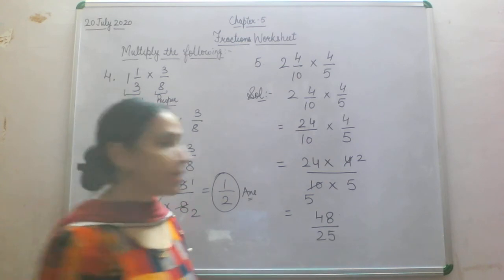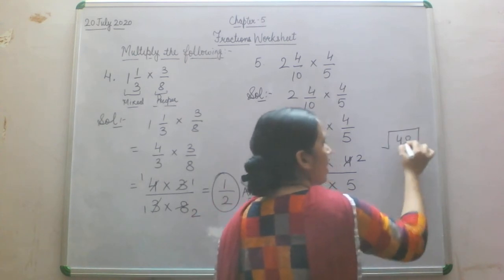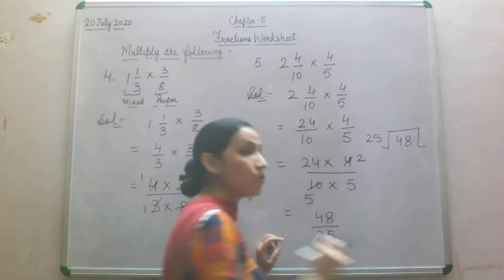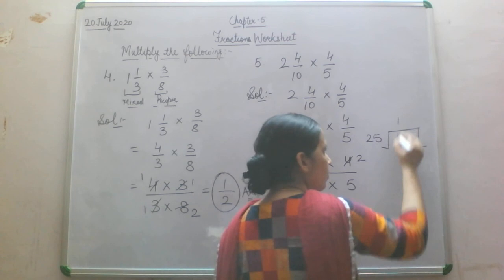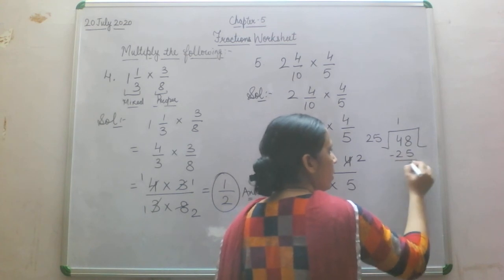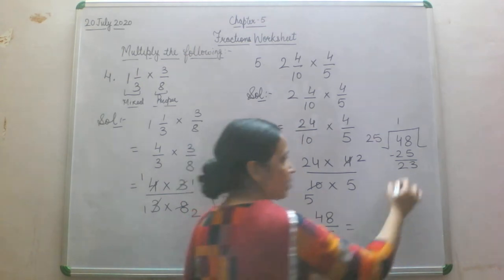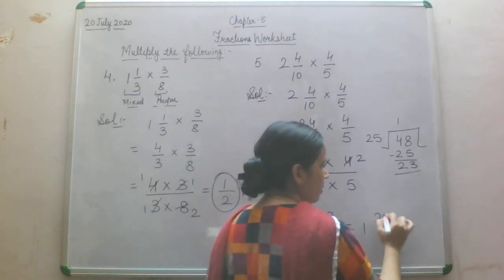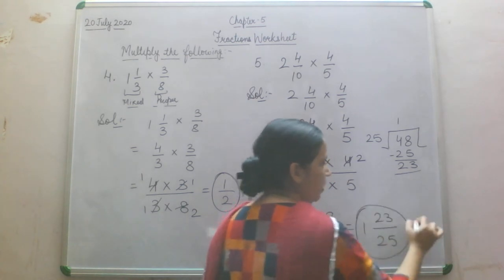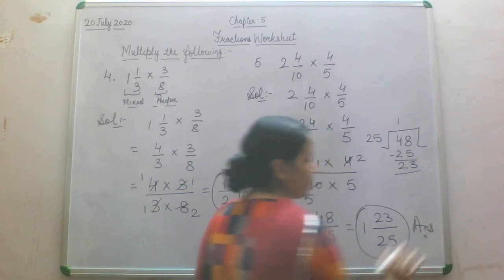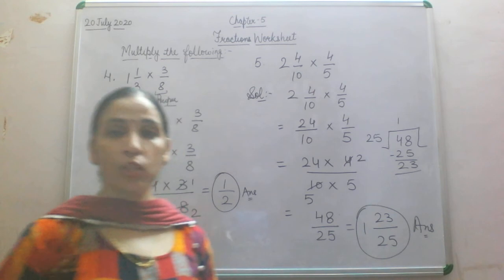So now what is the next step? We are going to change it into a mixed fraction again. Now 48 divided by 25, the step of changing into a mixed fraction is the same. So we will do the multiplication. 1 times will be 25, 3, and 2 will be left. Now what will be written in the mixed fraction? Quotient, remainder by divisor. Quotient, remainder by divisor. Let's see this question again.